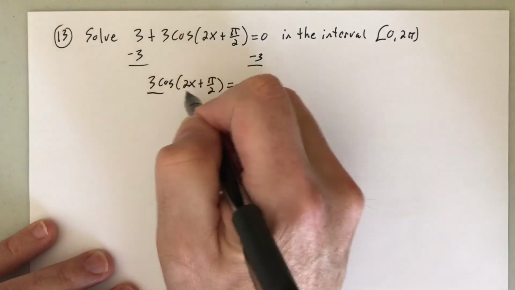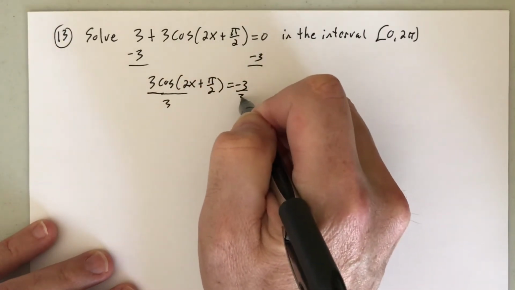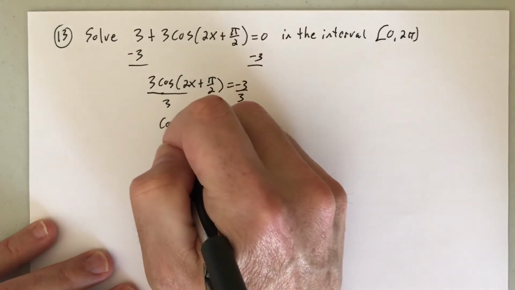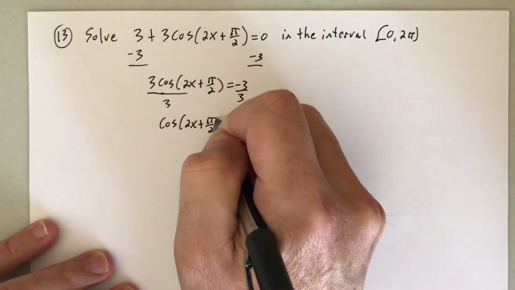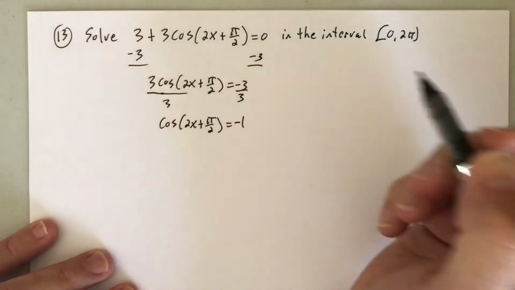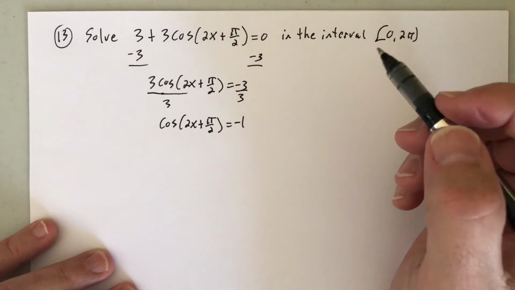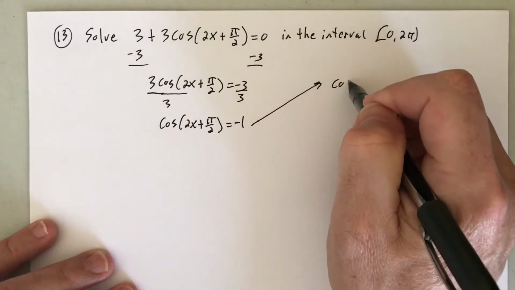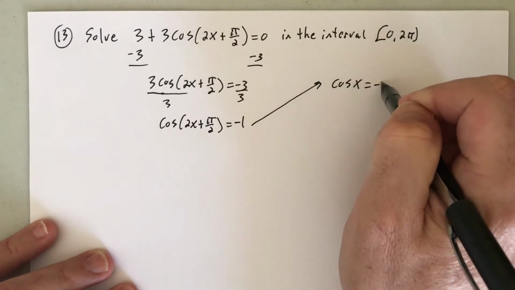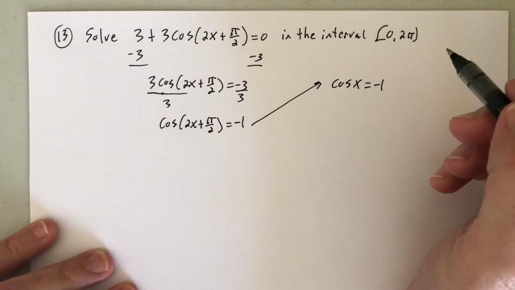And then we divide both sides by 3. So you get cosine (2x plus pi over 2) is equal to negative 1. So like we did with the other problems, what we want to do is first figure out, well, where is cosine x equal to negative 1? We want to do that first. So going into the unit circle,